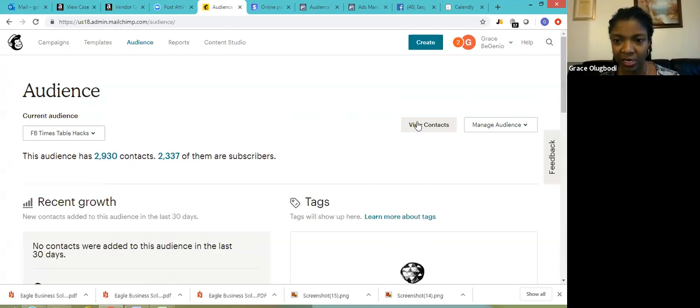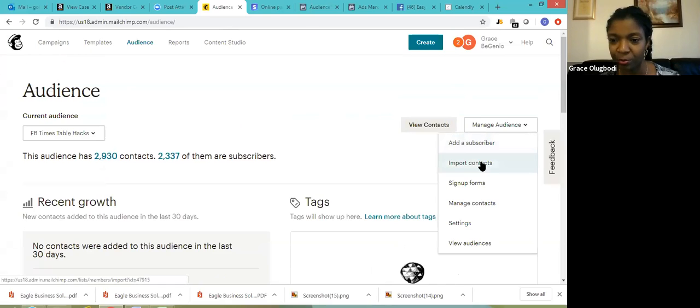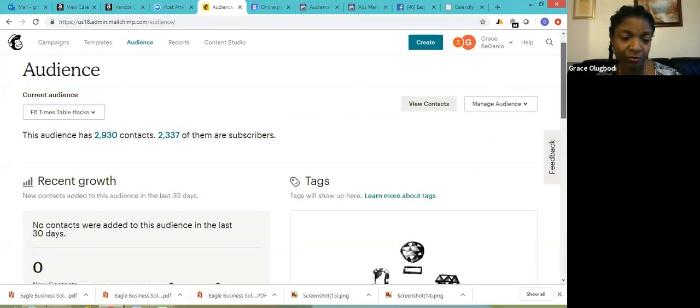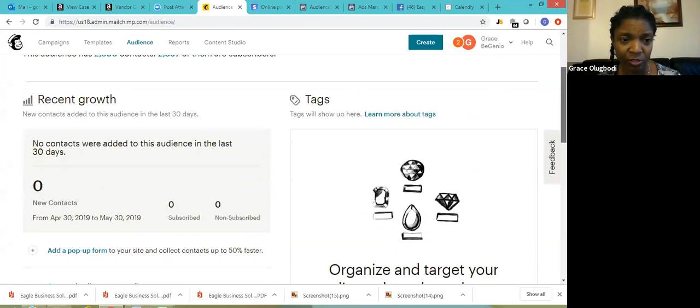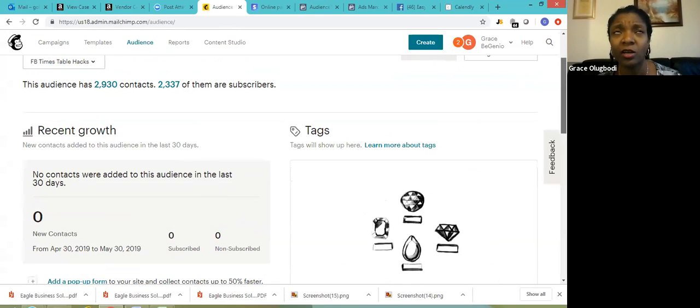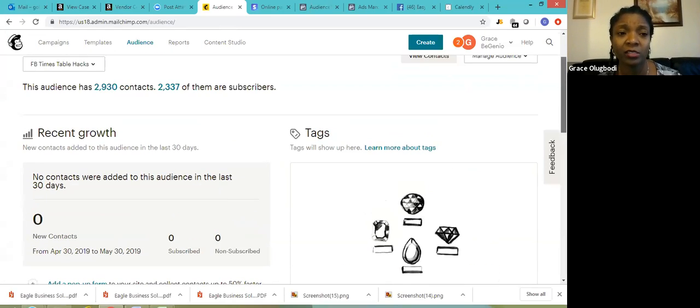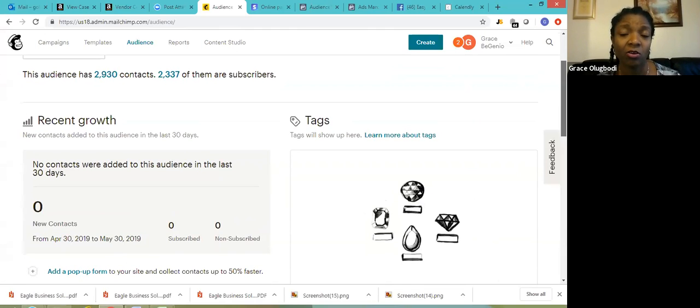But the audience in here, I could open the contacts, I could manage the audience, I could add another subscriber or import the contacts that I have here. And the information in here is really emails and stuff. And I got this from Facebook as well. Actually, for all of them, I got them all from Facebook. Sometimes you can actually upload a group of contacts if you already have the contacts on an Excel spreadsheet and stuff. But the main thing that we're trying to teach in this course is to get online